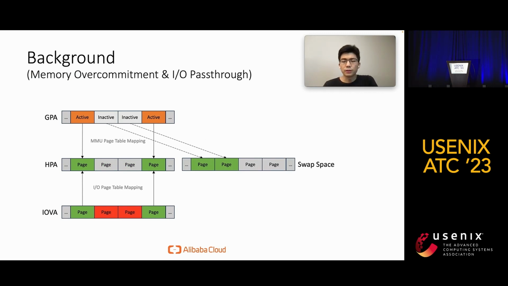However, a natural contradiction exists between memory overcommitment and I/O pass-through. In memory overcommitment, the MMU page table entry and the I/O page table entry of the reclaimed page will both be invalidated after the reclamation. If the access to the reclaimed memory occurs at the CPU side, it will trigger page faults and trap into the hypervisor. The hypervisor will reallocate pages and fix the memory mapping to make sure the replay of the previously